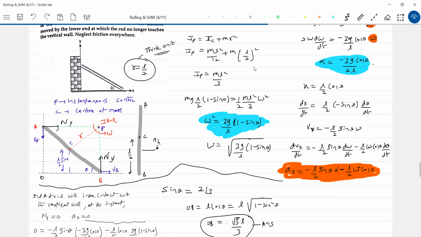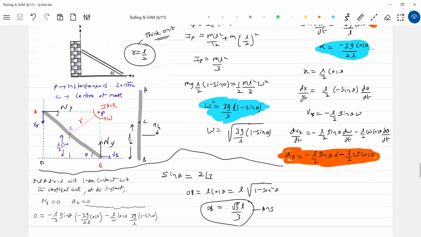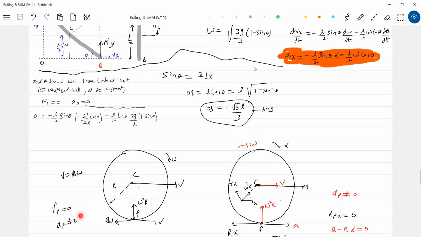This is what happens in books; we are bothered more about omega now. We are thinking in terms of that. Similarly here, you stand here, you see the center of mass moving horizontally, and all points rotating about the center of mass. That's all. You come and stand at point P, then everything will rotate with the same angular velocity omega. That's the idea there.